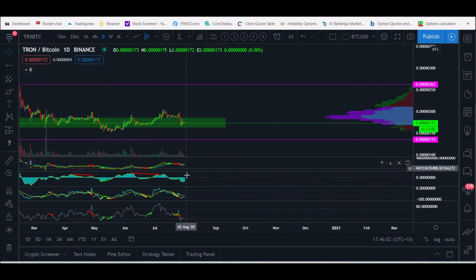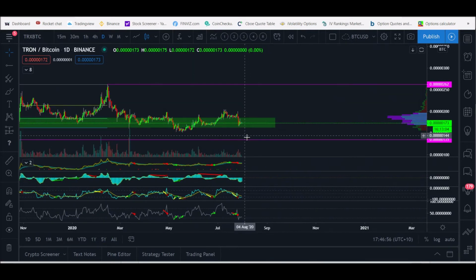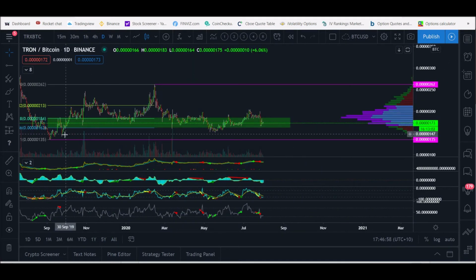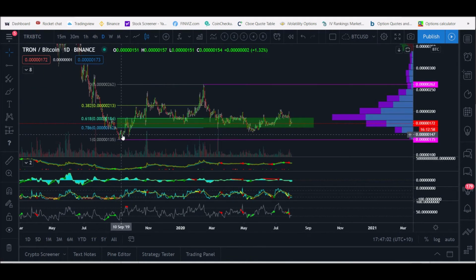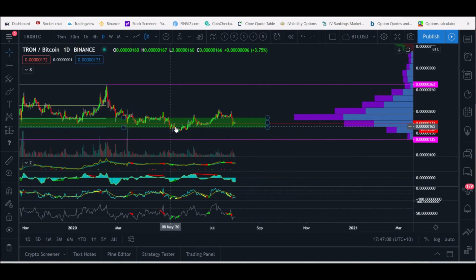What do we see in histogram? Histogram has made a lower low, so we could potentially come back down if you did want to put maybe like an 88.6, 0.886 fib here. We could be working off this structure low. We've got this low to work off as well, so that's around